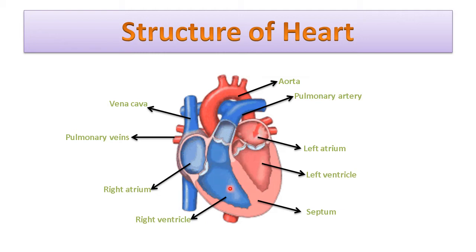It is shown how the blood is circulated from the lungs to all parts of the body by entering the heart through the pulmonary veins and exiting through the aorta. Similarly, again the blood gets circulated from all parts of the body to the lungs by entering through the vena cava and exiting through the pulmonary artery. So you see, pulmonary artery is the most important artery in the heart. Now let us move to the functioning of the heart.